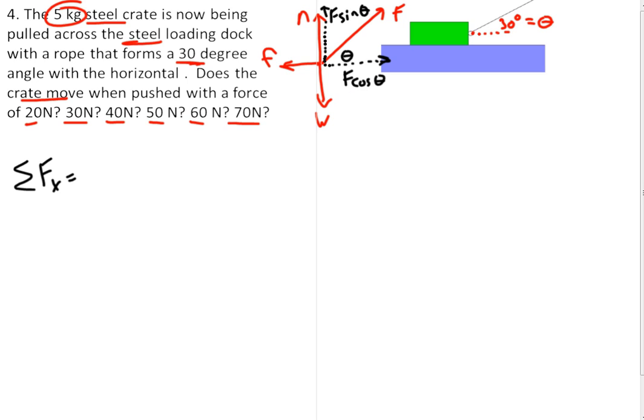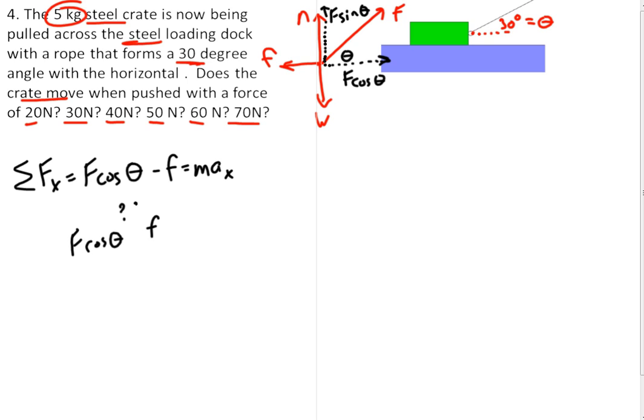Now we'll write our Newton's second law. So summation of forces in the x direction: everything to the right is positive, so F cosine theta, and then everything to the left is negative, so minus f, equals the mass times acceleration in the x direction. And then we'll go ahead and write the,